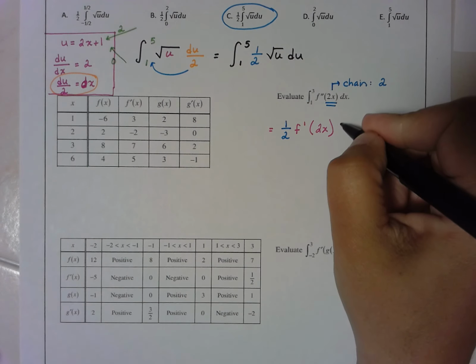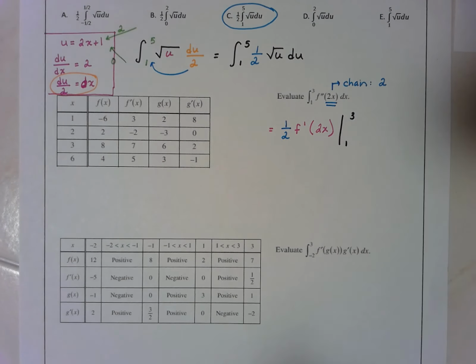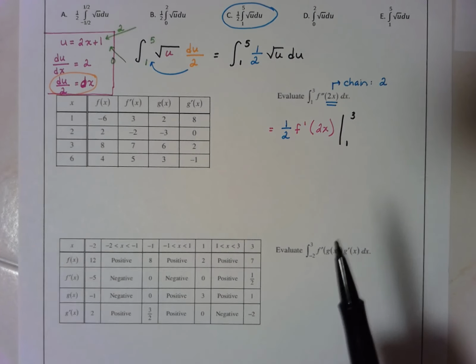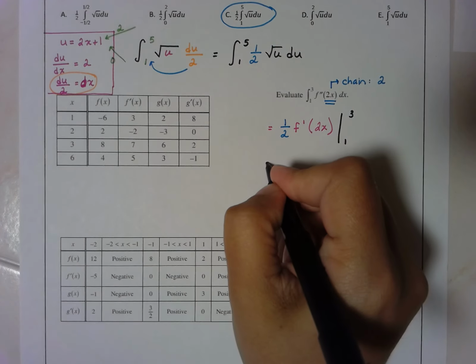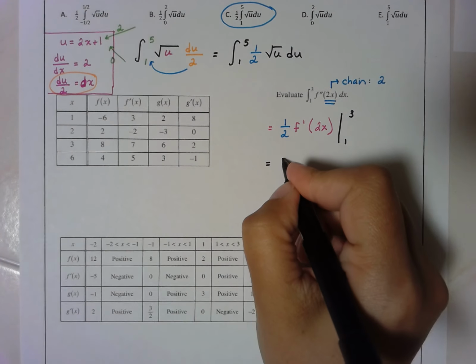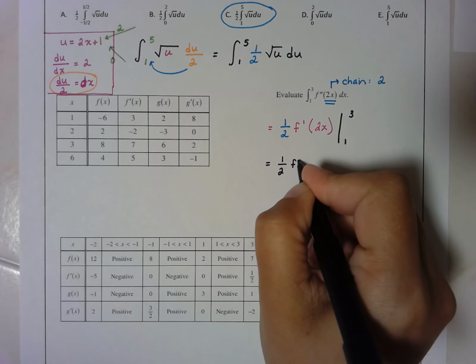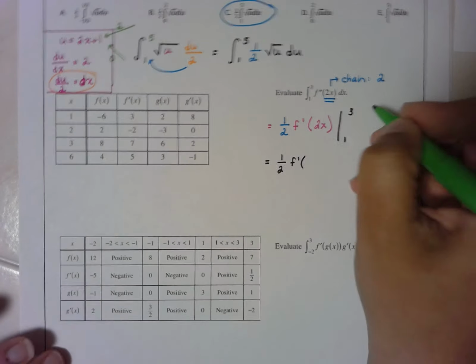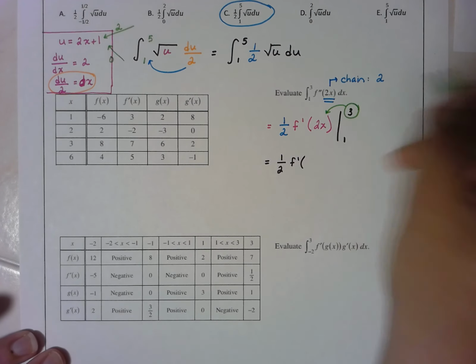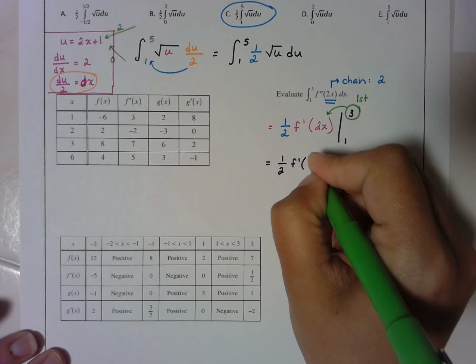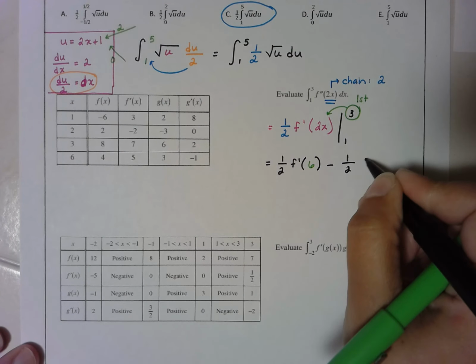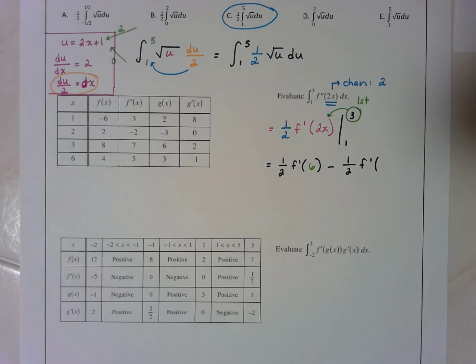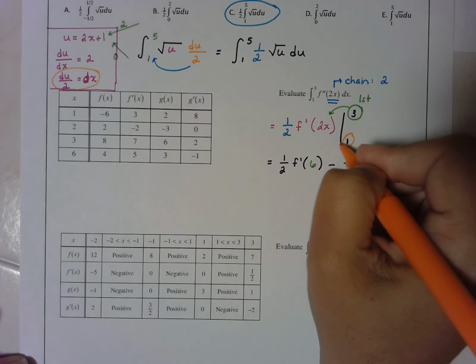Then we need to evaluate this from 1 to 3. Now, showing this is a really key step of the problem. It shows whoever is grading this problem that you understand how an integral works in calculus. What I would do now is plug in the 3 first. So I would have 1/2 times f prime of, and if I plug in the number 3 first, I'm going to have f prime of 6. And minus 1/2 and then f prime of, and if I plug in the number 1 second,